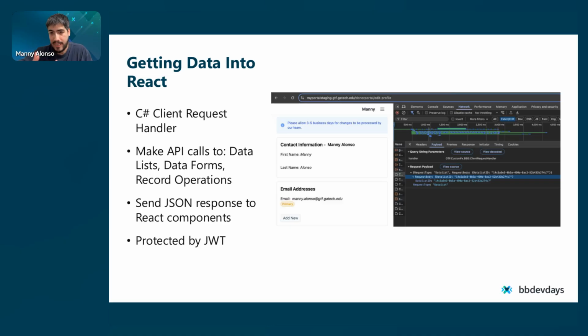We say request type data list, so it knows that we're targeting a data list, and we just pass the data list ID. And if there are any filters or any additional things we need to pass through, we can pass them in that body. This just passes that payload to that handler, and then we get a JSON response. And that's all protected with JSON web tokens. So it sends a web token back, and we send one back to make sure that it's authenticated, and then it gives us a new one each time.